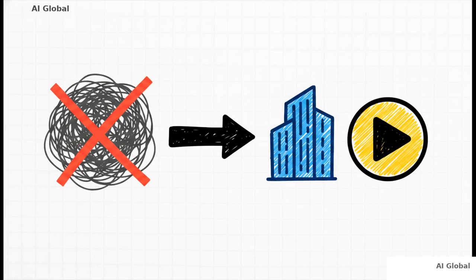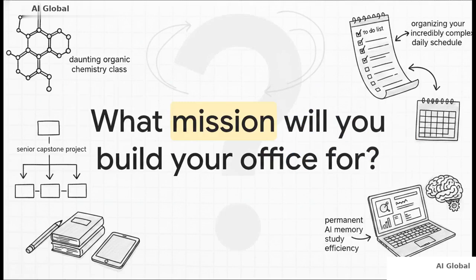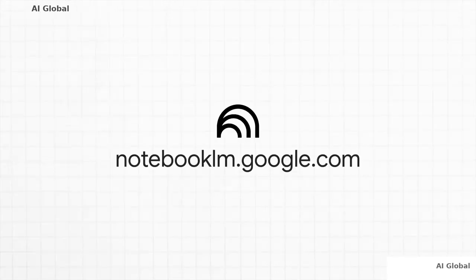So ultimately, what actually is a project? Put simply, it's a permanent memory for one single mission. Just let that really sink in for a second. We are finally moving way past using AI as just some fancy calculator or glorified quick search engine. By dedicating a permanent memory to a single objective, you are essentially cloning your own academic focus. You give the AI a specific mission, whether that's passing a massive final exam, writing a huge thesis, or mastering a brand new coding language, and it holds on to every single piece of data relevant to that mission. It is forever ready to assist